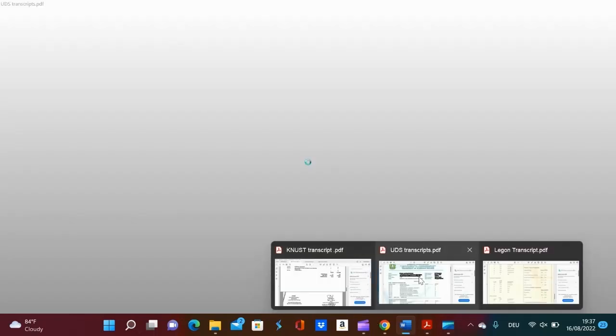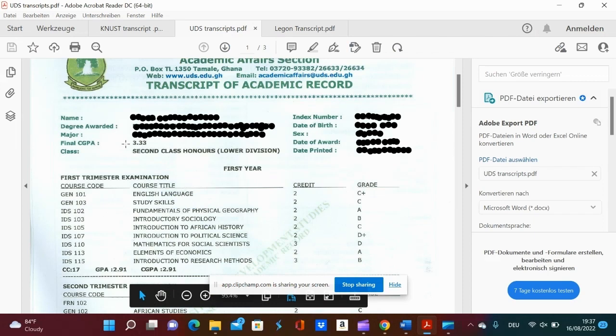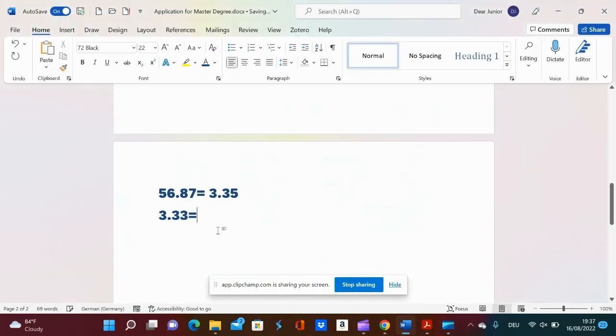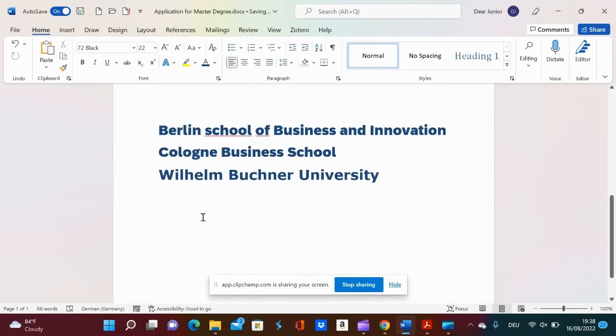And then when you look at UDS, the final GPA was 3.33. When we calculated it into the German grading system, it was 2.4.